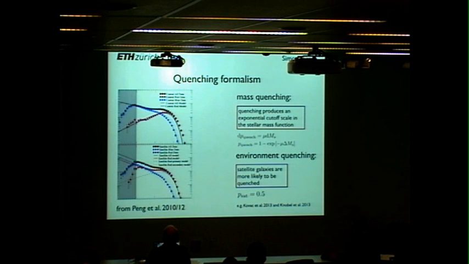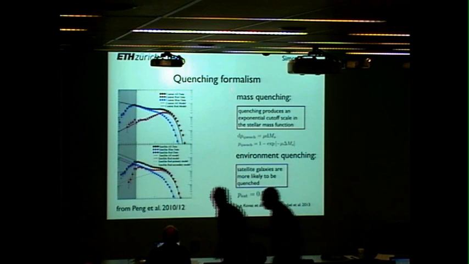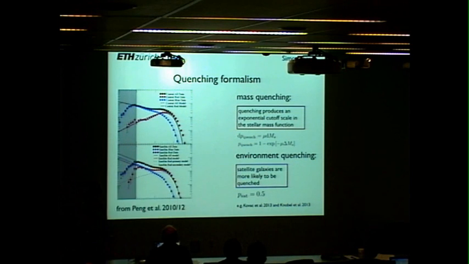Another thing we need, as observation tells us, is that red and blue galaxies differ, and active galaxies quench. We need, in addition, some quenching formulas, and here we applied the model from Peng et al. 2010 and its follow-up paper in 2012. Basically, here the stellar mass function of the red and blue populations derives from how one can relate it to some mass, which is a function of stellar mass. And we also showed this relation between mass and environment, for accounting for the increased fraction of red satellites in